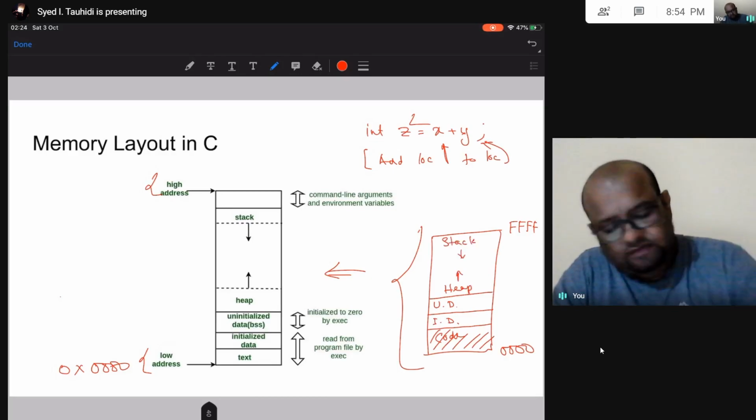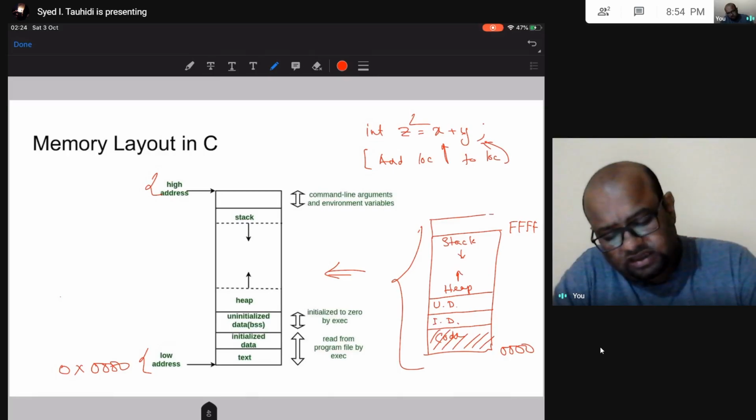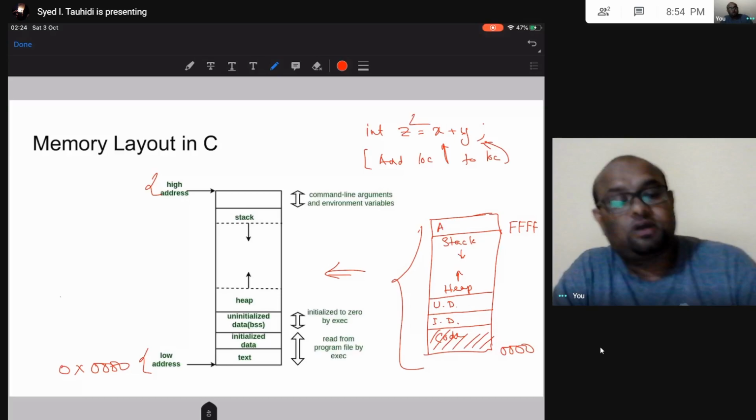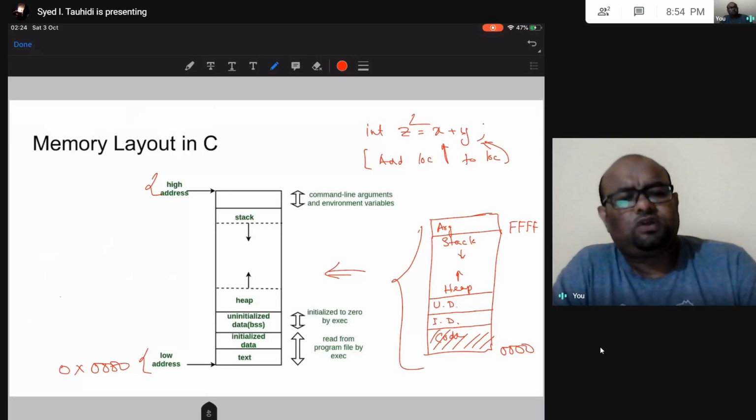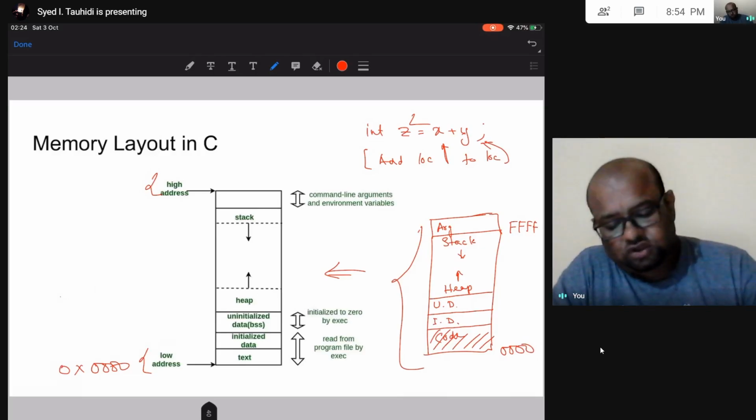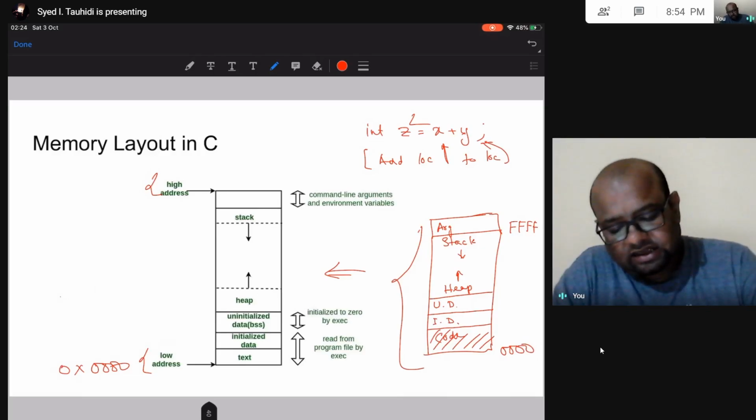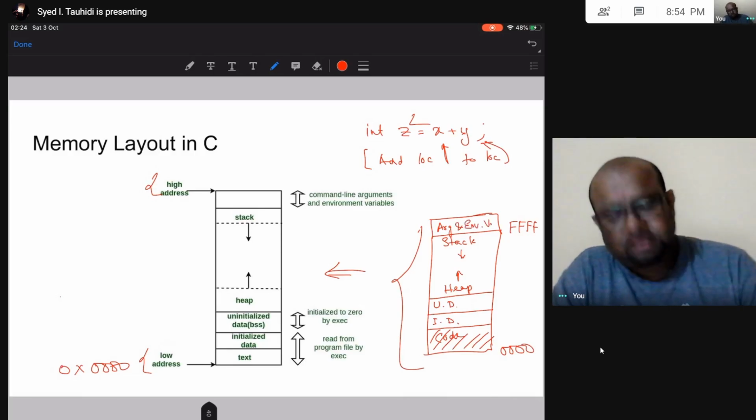And above the stack memory there are going to be arguments that you pass into your program. Not the arguments that you pass into your function. You already know, hopefully you noticed, that a C program can receive command line arguments. So your command line arguments and environment variables will be in the topmost address.